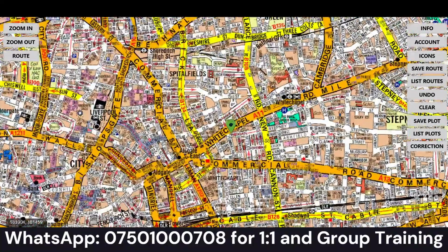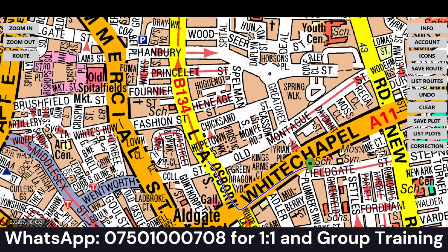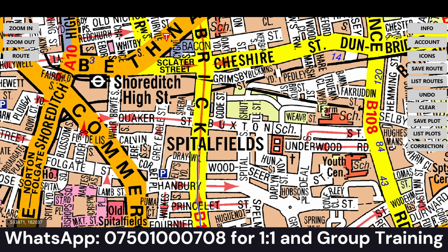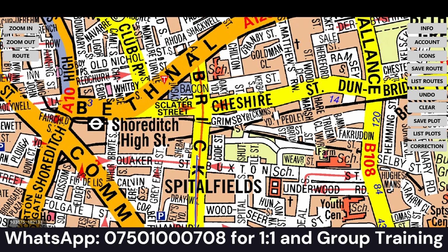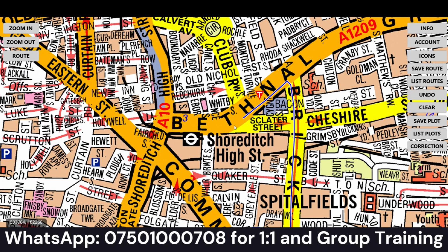So let's zoom in. So we could click on that, come down here, and then from here we can go up. The arrow shows that it's a one way anyway, so we'll carry on going up from here. So keep going up. And carry on going straight, and then from here we'll turn left and stay on this for now,